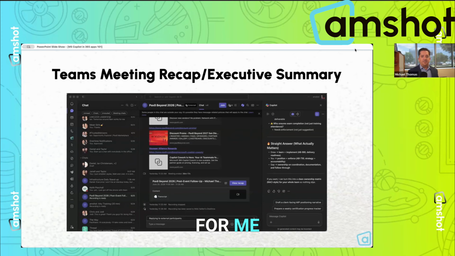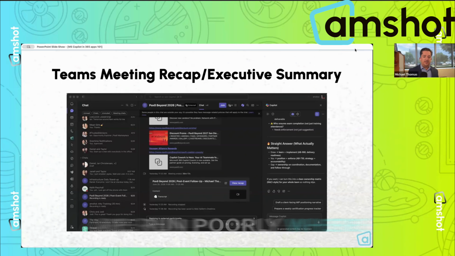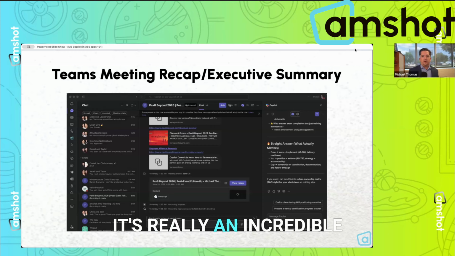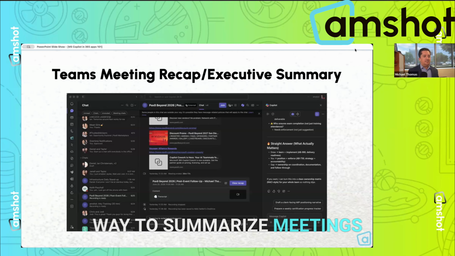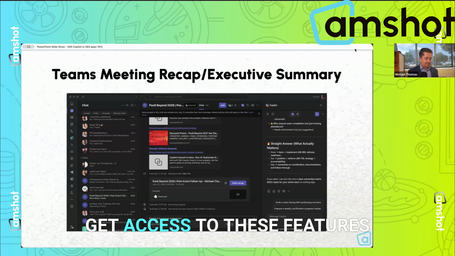So for me, that capability of summarizing a meeting and taking action items was such a laborious thing that you knew you needed to do in a meeting, and you knew you needed to have someone assigned to the task. But so many meetings are run poorly, where you don't end with action items, you don't end with next steps. The note taker puts the notes somewhere you can't find them. It's really an incredible way to summarize a meeting. So when you're in a meeting, be sure and turn on transcription so that you can get access to these